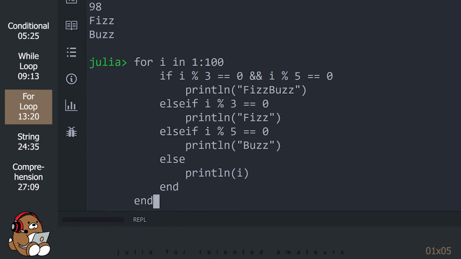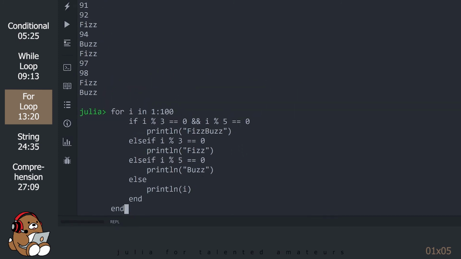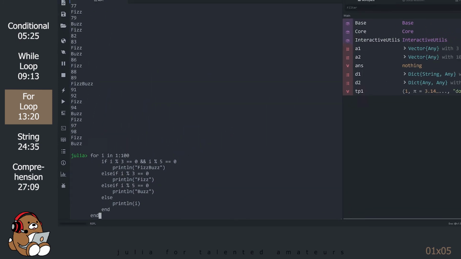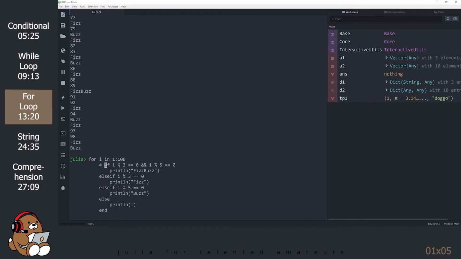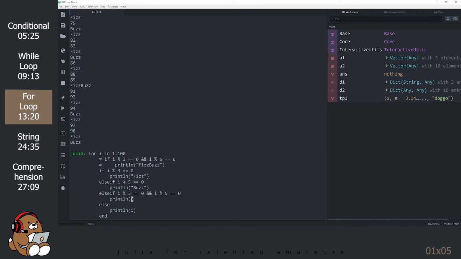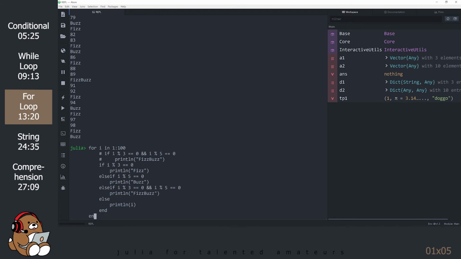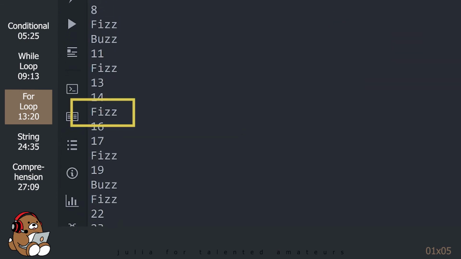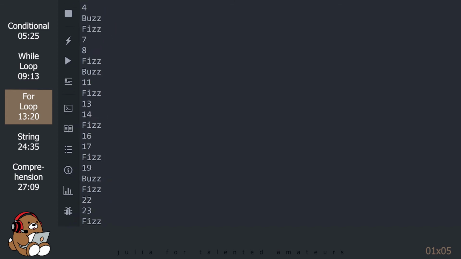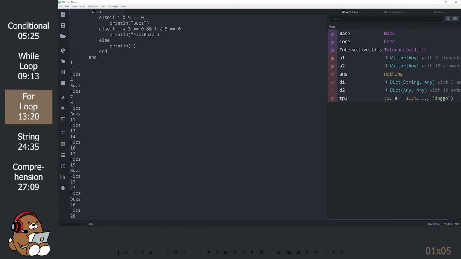For example, if the first condition evaluated was i modulo 3, the program would print fizz for 15 and not fizzbuzz. Let's try to see what happens. Using the hashtag sign turns those lines into comments. Notice that 15 shows up as fizz and not fizzbuzz. So these conditions are evaluated in sequence and not as a whole. For such a simple example, there are a lot of lessons to be learned here. You can see why FizzBuzz is such a well-known example, regardless of the programming language.